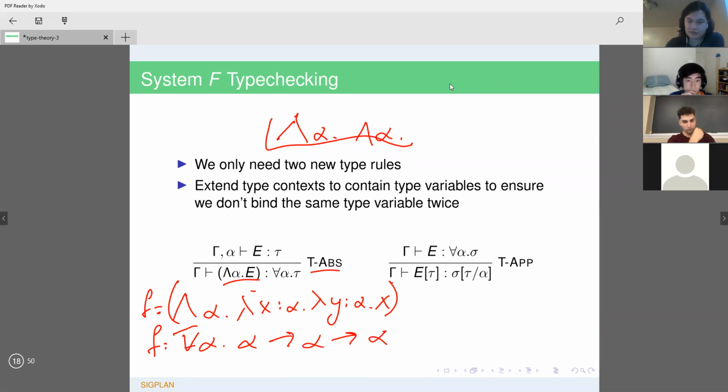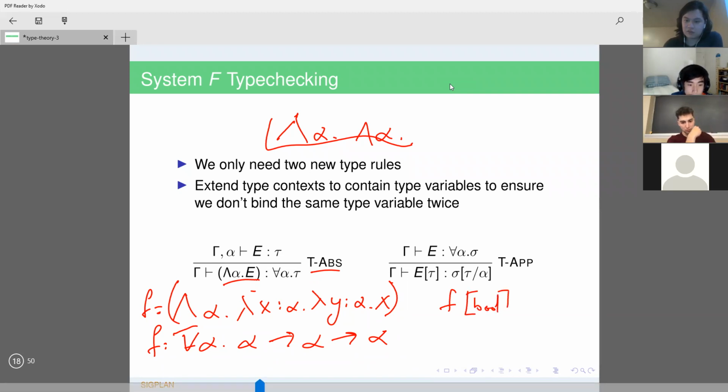And if we were to evaluate it, let's say we do f, I don't know, Bool, true, false. Because it starts with a big lambda, we have to specialize it with some type. We have to tell what alpha is going to be. So alpha is going to be bool in this case, and then I'm passing in true for x and false for y. So when I evaluate this, I'll end up getting just x, which is true, but